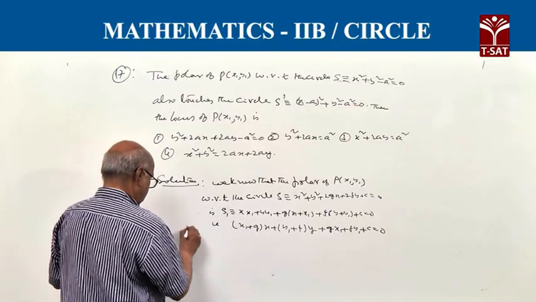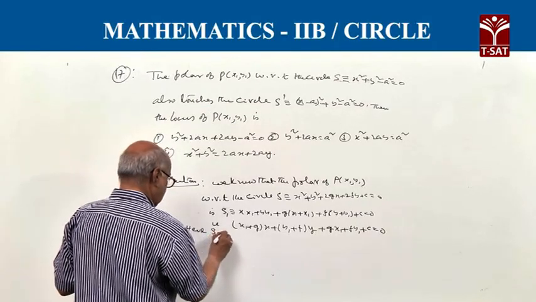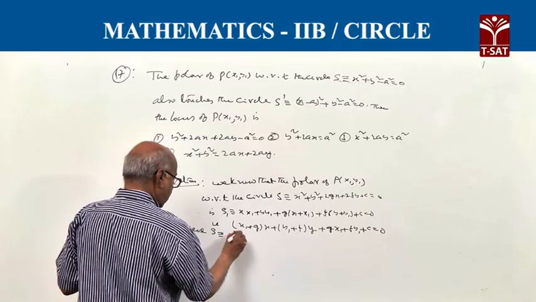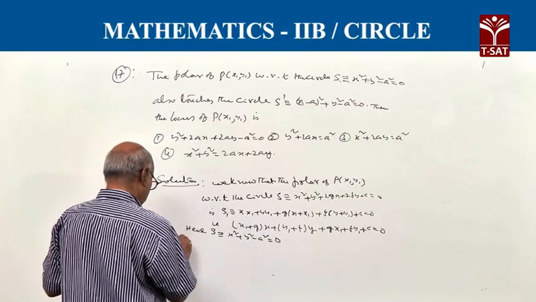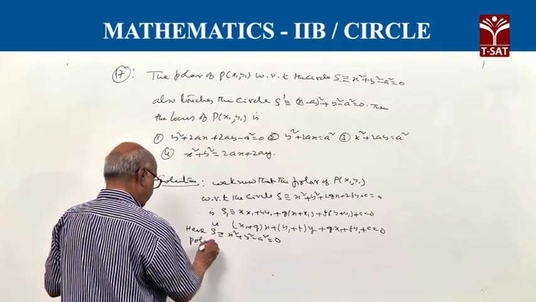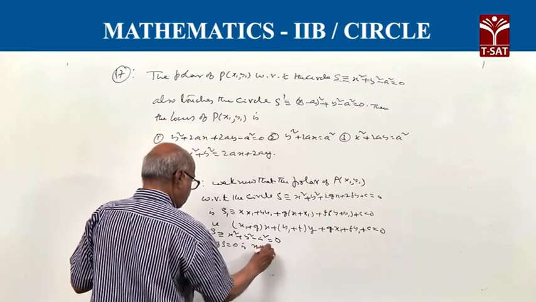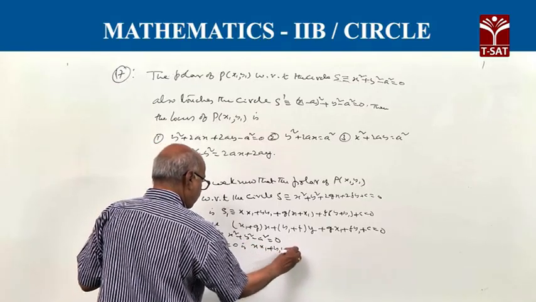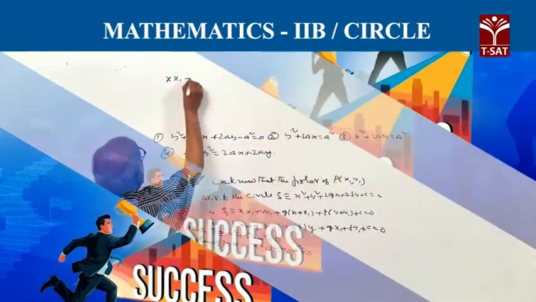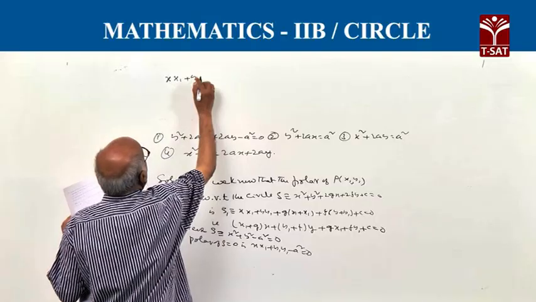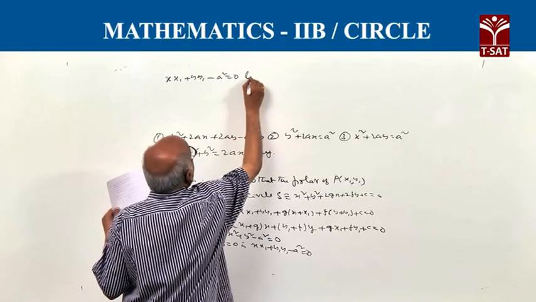So here S is x² + y² − a² = 0. Therefore, the polar of S = 0 is xx1 + yy1 − a² = 0. xx1 + yy1 − a² = 0 touches